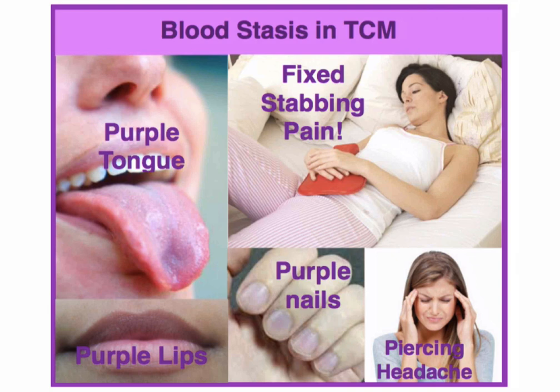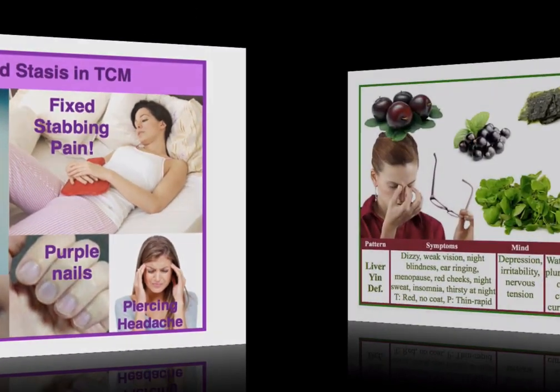Or someone that has an acute problem, like someone sprained their ankle. The ankle area is very, very painful. It's stabbing pain in that area, so the blood is pooled there. There's blood stagnation or blood stasis, which is the same. Any pain that's fixed and stabbing, with a purple tongue, purple nails, anything that's purple. Sometimes it's a bruise that's purple in that area because someone hurt themselves, right? They fell or they had an injury. Then that's blood stasis. Easy?